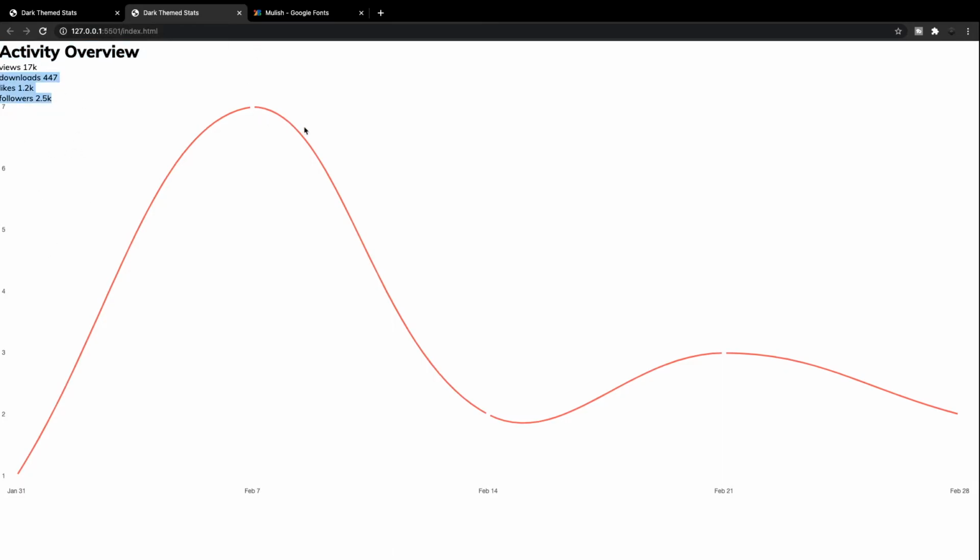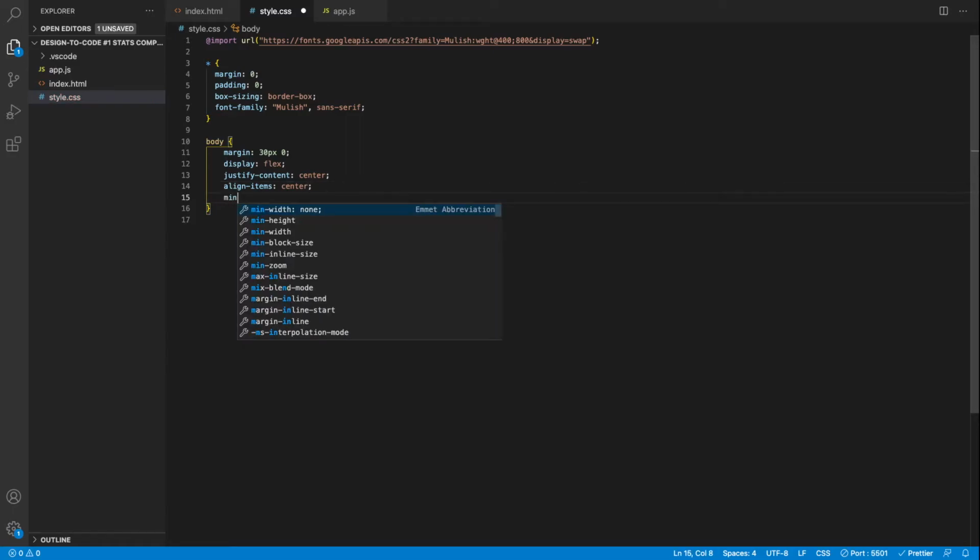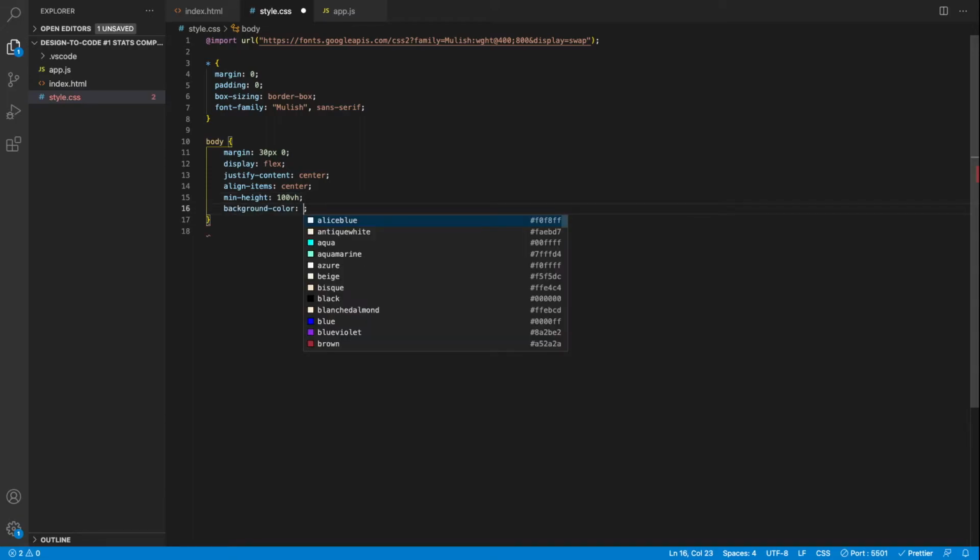All right, so next up what I want to do is we're going to target our body here, and we're going to start by giving this a margin of 30 pixels on the top and bottom. We're going to display this as flex so we can center this in the middle of the page, and then we want to justify the content to the center and then also align the items to the center. And we want to give this a min height of 100 VH, and we're going to give it a background color of